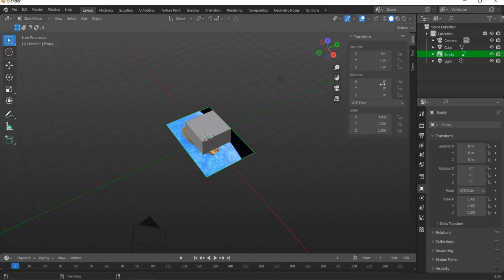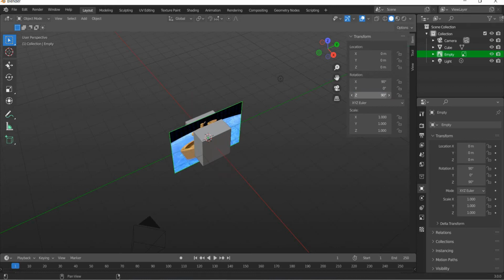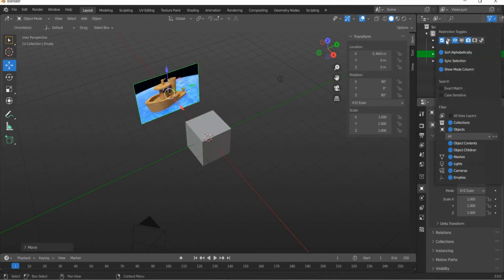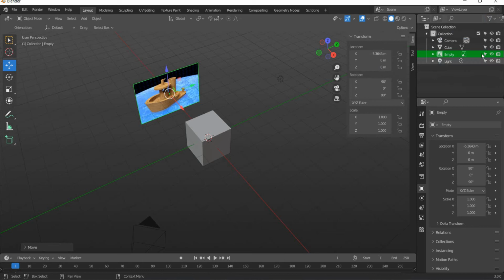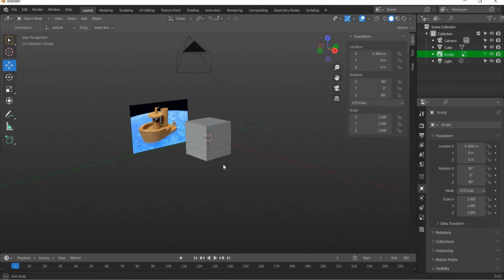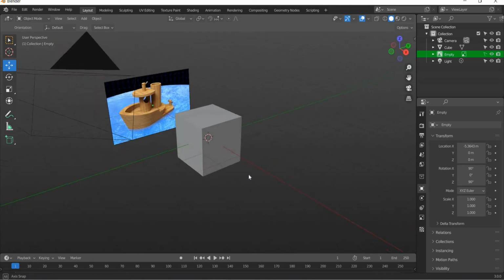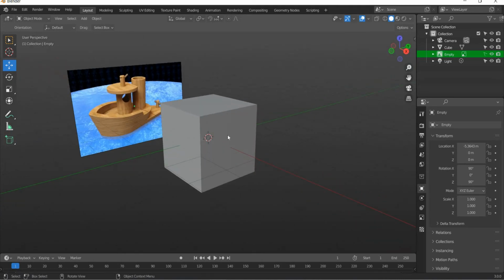And orient it correctly and move it back. We can also turn on this so that it cannot be selected. Alright. So once that is done, we will work on the hull, and we're going to start with creating